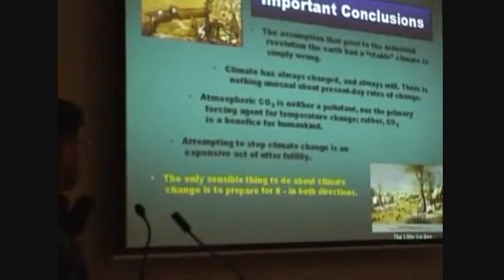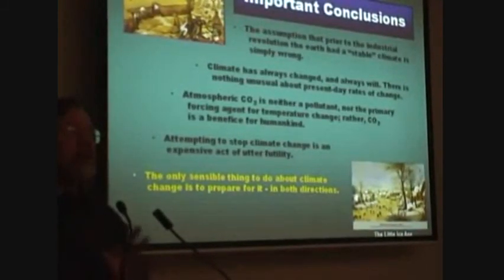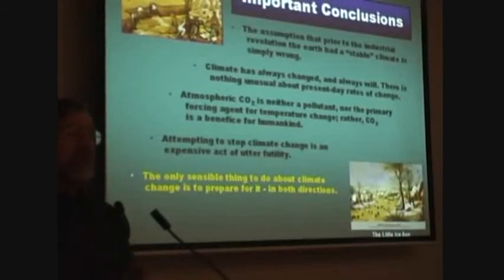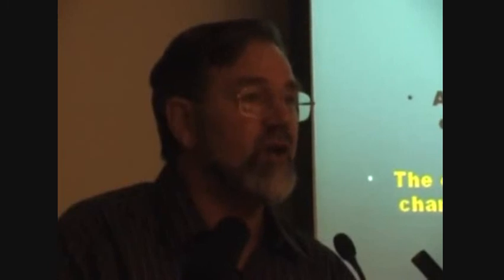The only sensible thing to do about climate change is to prepare for it. And the biggest scandal about the current global warming scam, and it is a scam, is that it's taking our attention away from the real climate change problem. There is a real climate change problem. There's a threat of cooling as well as warming. Cooling may well already have started in that levelling off of the temperature curve we've seen. The solar physicists are predicting we're going to have a phase of cooling. It's not even being discussed at the highest scientific and bureaucratic and political levels because of all the frenzy about